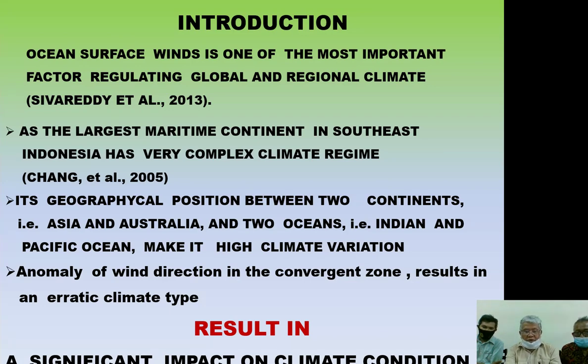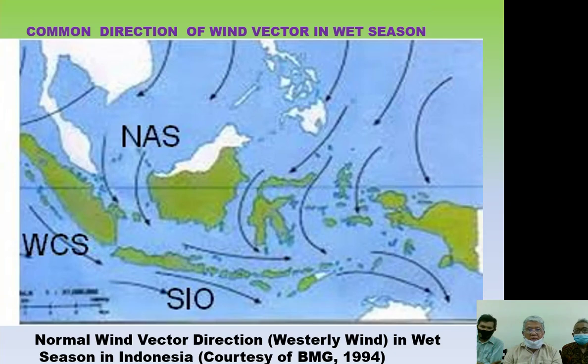Anomaly of wind direction in the Colburn zone results in an erratic climate type, resulting in a significant impact on climate conditions. Here, the pictures indicate that